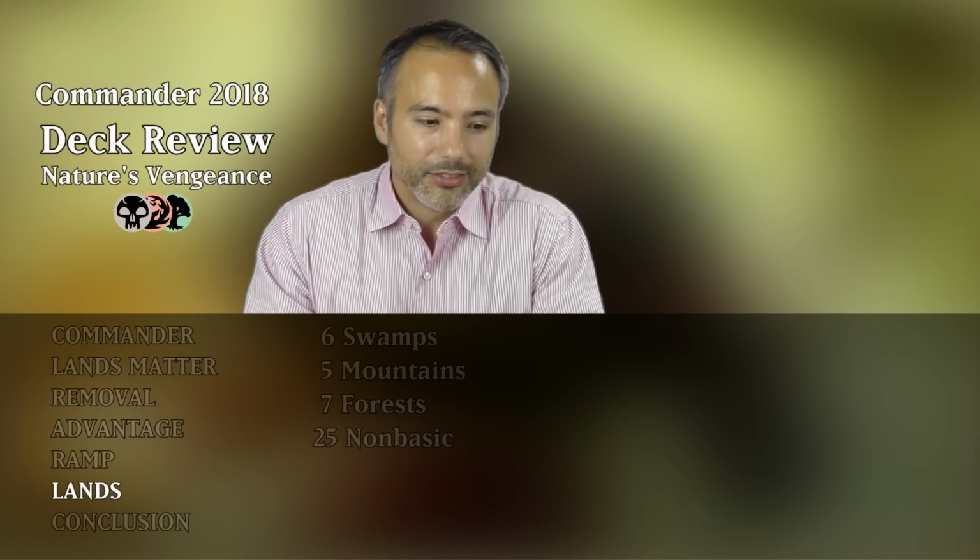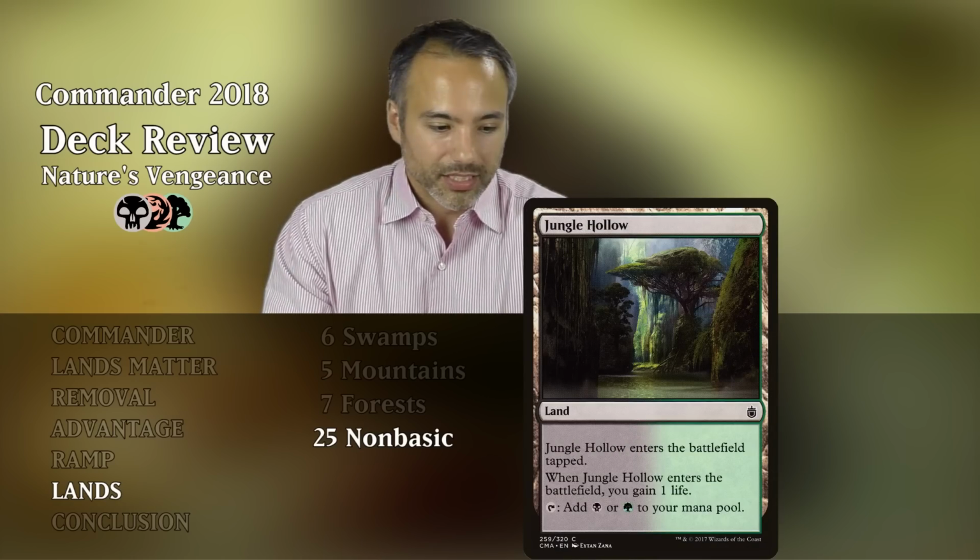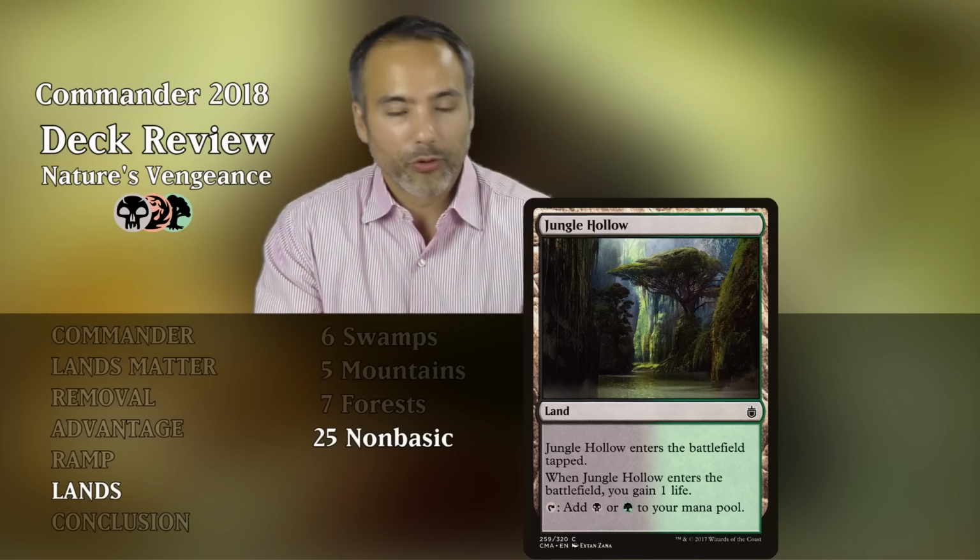Wizards of the Coast has divided these lands into 6 swamps, 5 mountains, 7 forests, and 25 non-basic lands. Okay, let's have a look at the non-basics. First, we have Jungle Hollow, which comes in tapped but can give us a black or a green mana, and